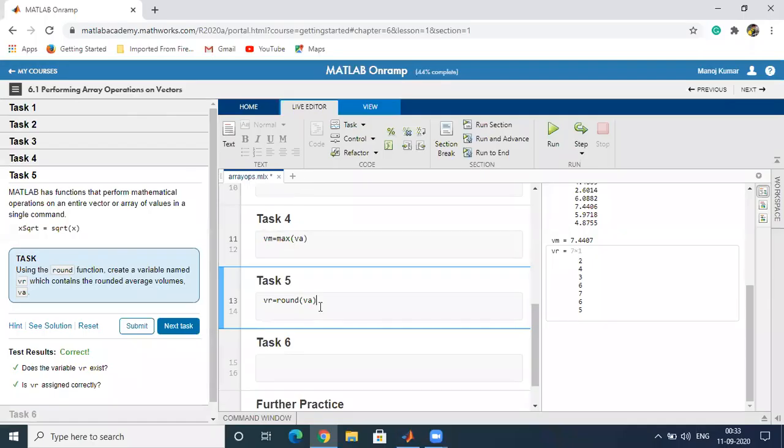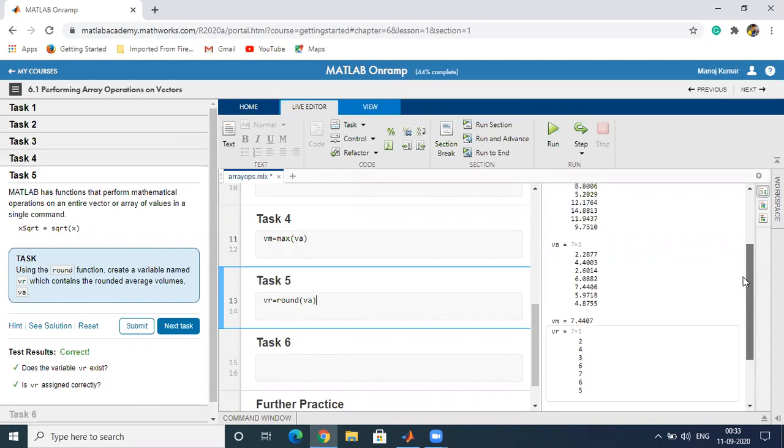We are using the round command over VA to get the value excluding the decimal part. For example, you can see in the third window, VA is 2.2877, 4.4003, up to 4.8755.